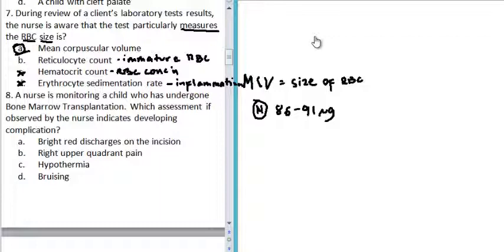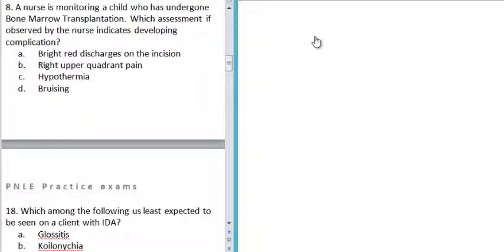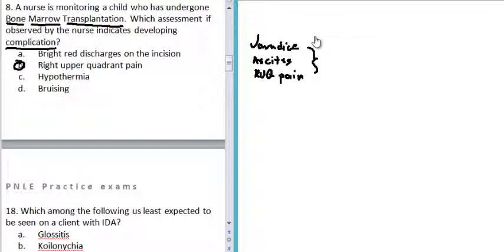Next, number 8. The nurse is monitoring a child who has undergone bone marrow transplant. Which assessment, if observed by the nurse, indicates a complication? Answer, letter D. After bone marrow transplant, assess your patient for the following: jaundice, ascites, right upper quadrant pain. They indicate VOD,